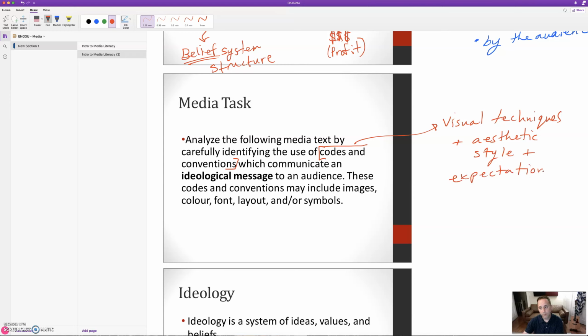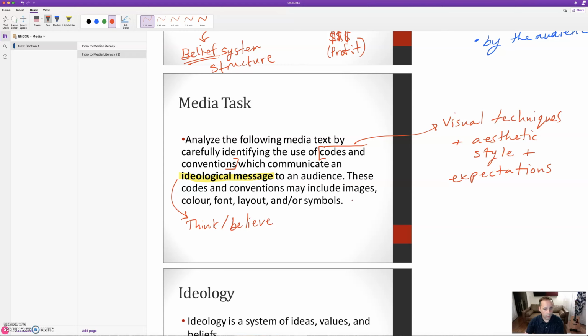So obviously if it's a music video, we're going to expect different things than a radio commercial. Okay? Then we want to think about, well, what's the ideological message that they're trying to send? What do we want us to think and to believe? What do they think and believe, and what do they want us to think and believe?